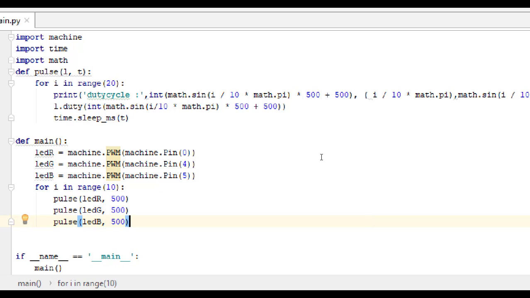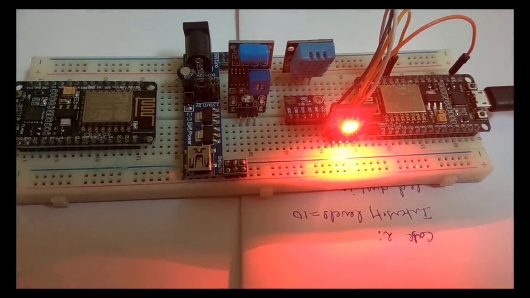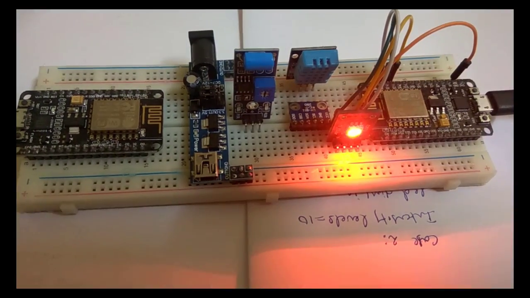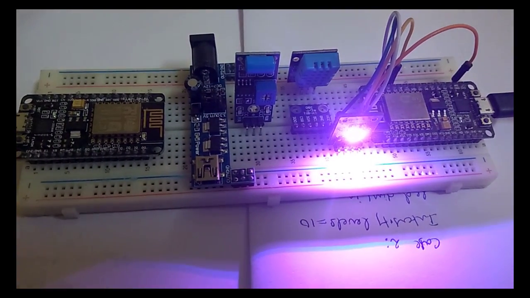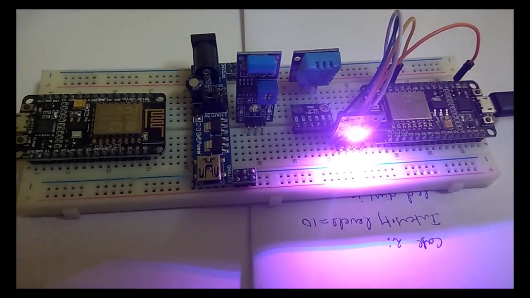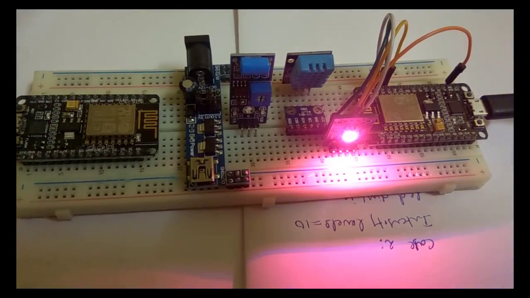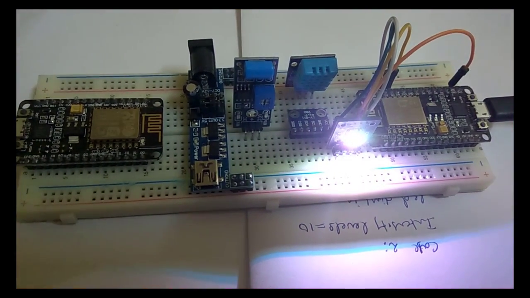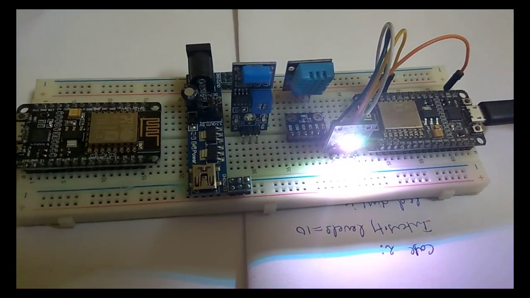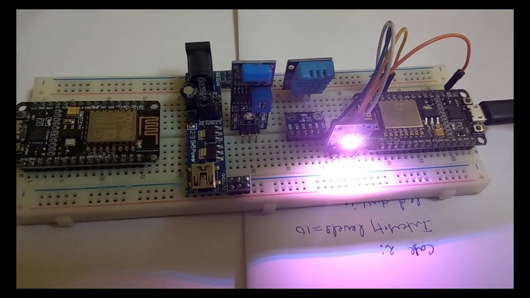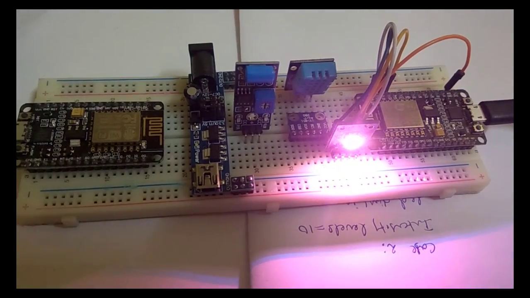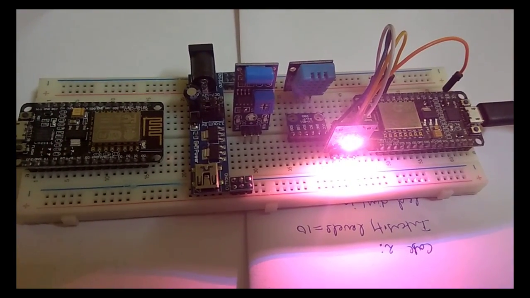Let us see. Yeah, the red is fully off and then the red is high. I'm trying to change the intensity of green. You see different colors coming. Now green is also high. We'll change the blue. You see it? Now it comes a white color. So this way you can make n number of colors using pulse width modulation on an RGB LED. Hope this explains. Thanks.